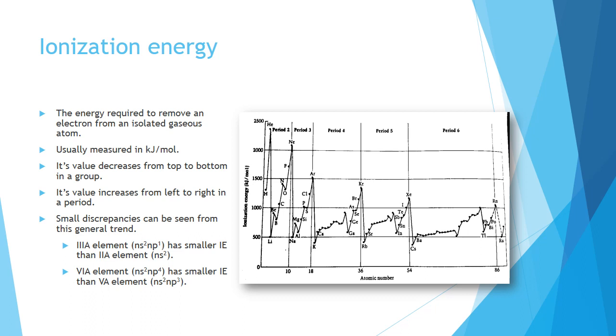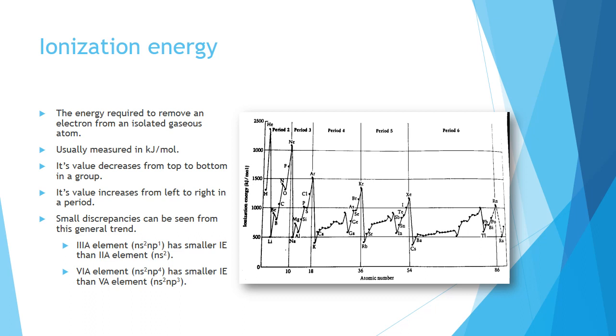Contrary to that, if we go from left to right in a period, what happens there is that the atomic number of elements increases, because of the same shell but increased atomic numbers. The valence electrons feel an enhanced force of attraction by the nucleus. Therefore, it becomes very difficult for us to remove an electron if we go from left to right in a period.